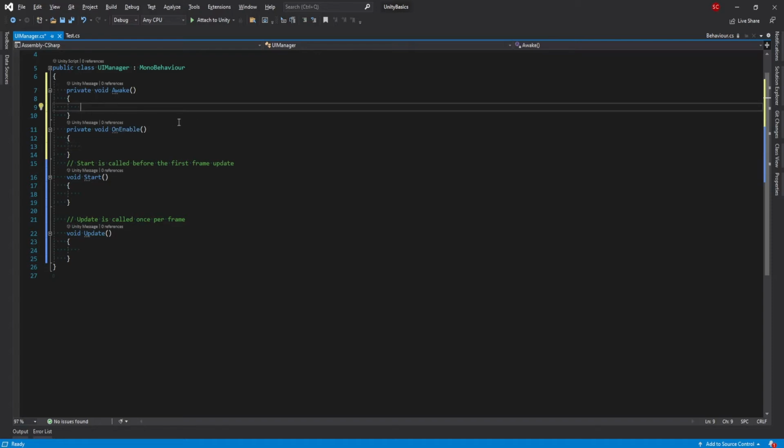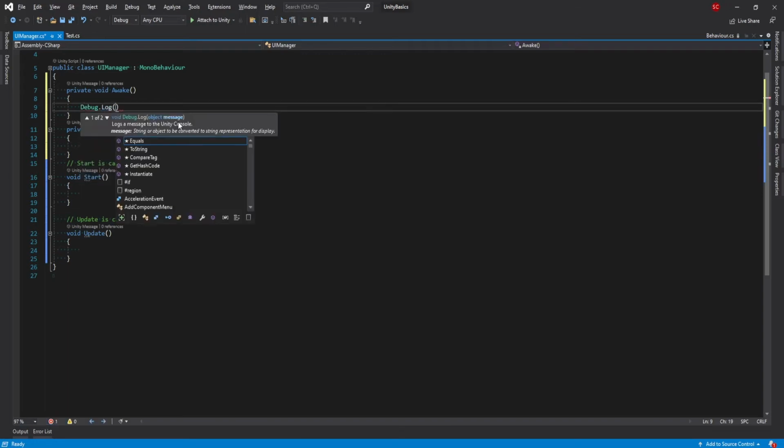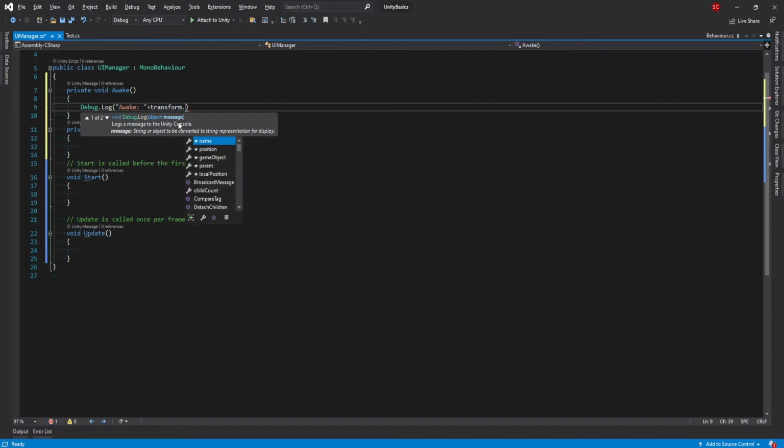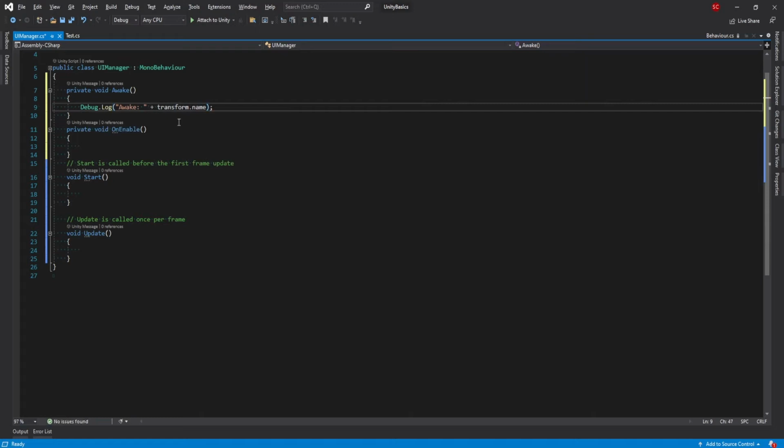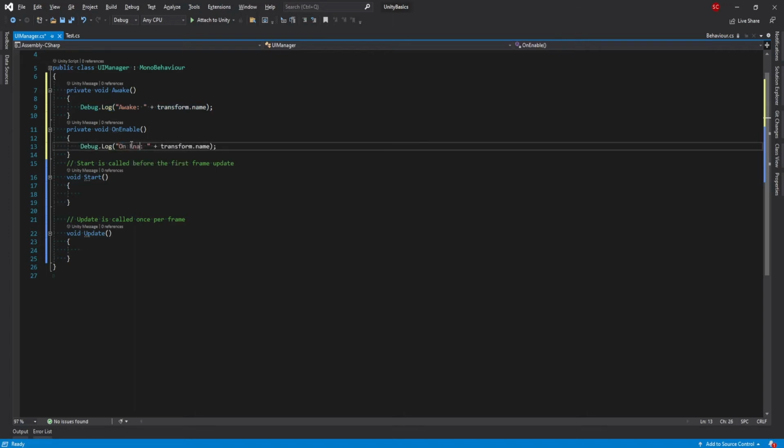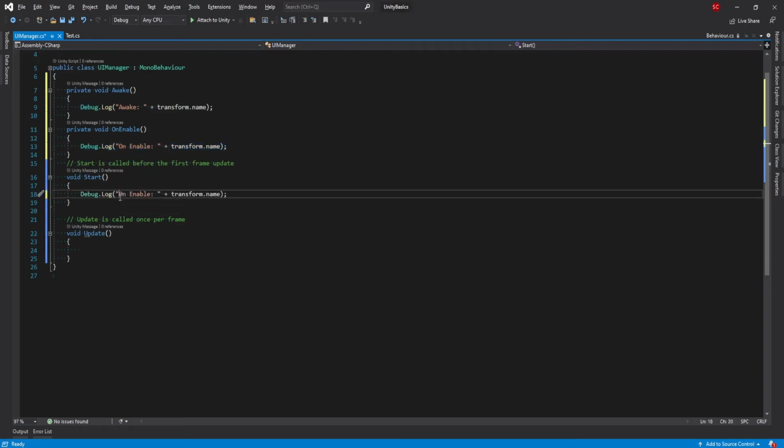And inside that, if you want to print something, you can put Debug.Log, and inside that within double quotes you can write whatever name you want. For example, I want to print Awake and then I want to print the game object name. So for that I can use transform.name, right, and end with a semicolon. So a similar thing we'll try doing with OnEnable. We'll change it to OnEnable and transform.name. Okay, so we'll try to write more for Start